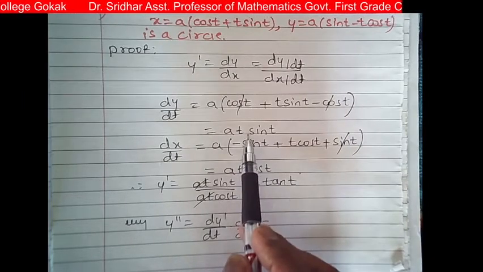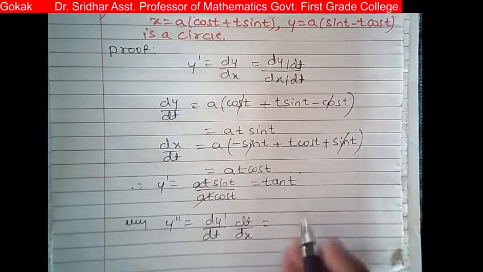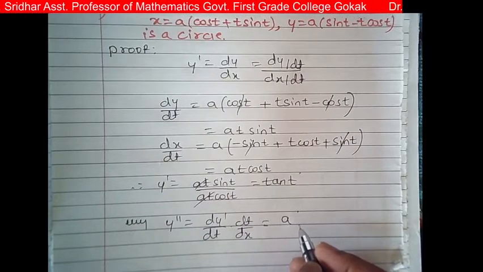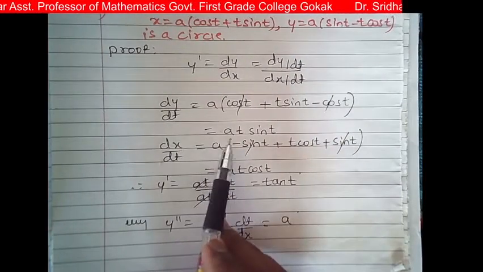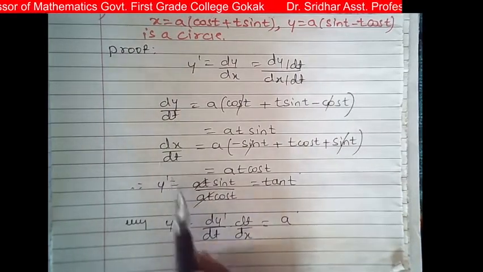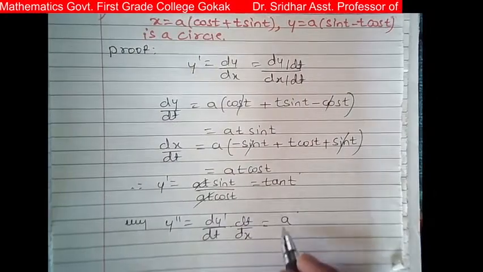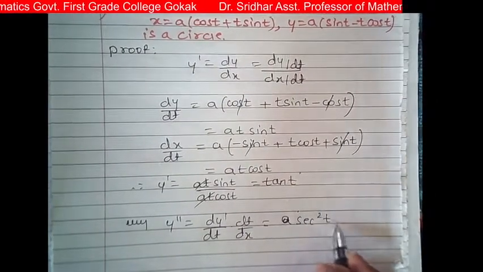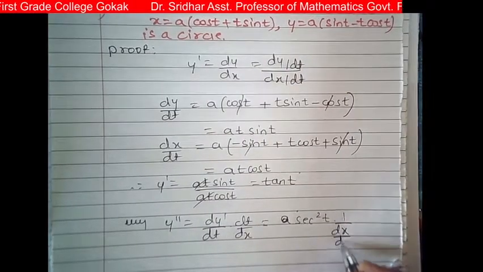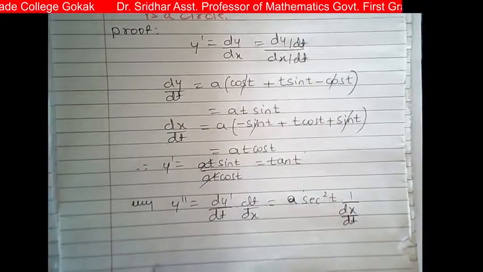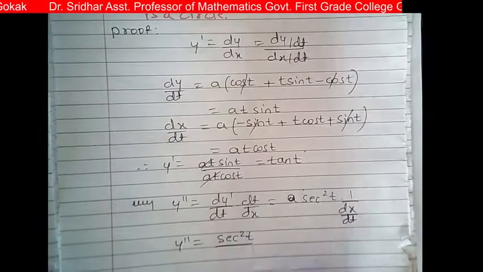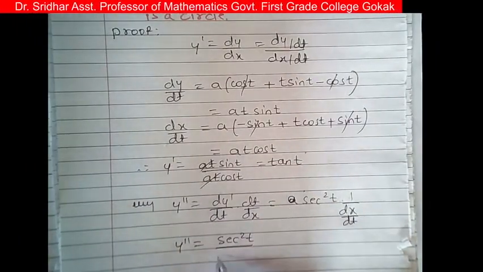Now we differentiate this with respect to t again. So this is a into, then t as it is, sorry, y dash, we got it y dash as here it is y dash is tan t. Now differentiate this y dash with respect to t, which gives sec square t dy dash dt. Next, dt by dx is same as 1 divided by dx by dt. So which is equal to sec square t divided by dx by dt means, already we found, that is at cos t.